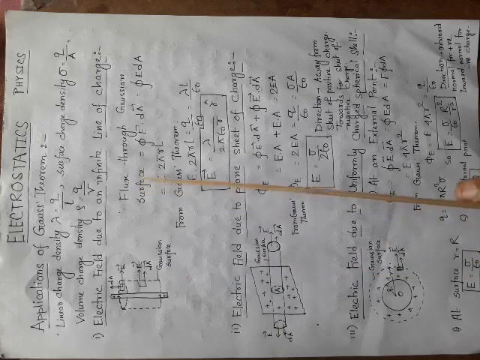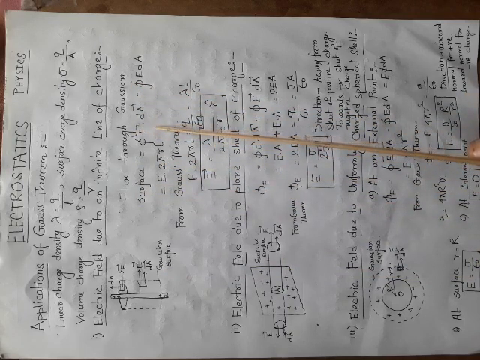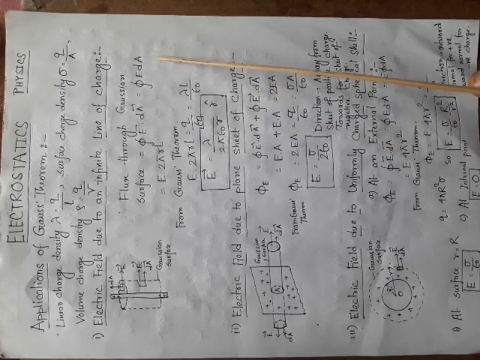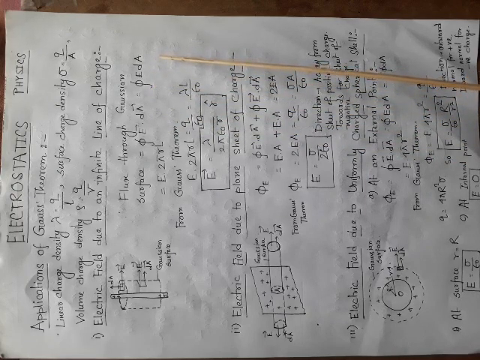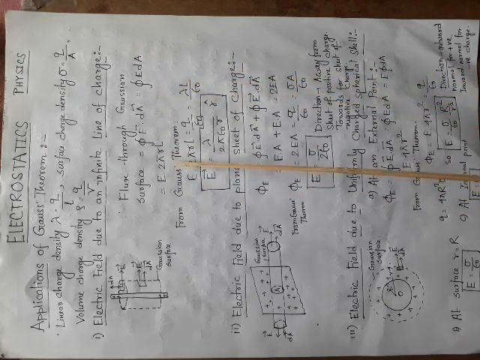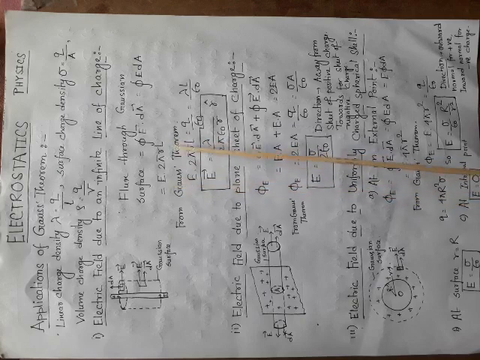So, we can say flux through the Gaussian surface is the closed integral of E vector dot dA vector, which is equal to the closed integral of E dA, as theta is equal to 0 degree. So, cos theta is 1. Now, instead of the closed integral of dA, we can write the total surface area of this curved surface, that is equal to 2 pi RL from our mathematical knowledge. So, this is the total flux through the Gaussian surface.